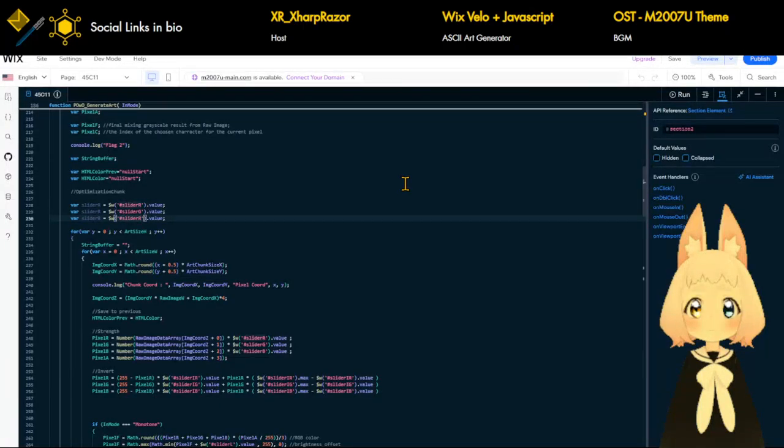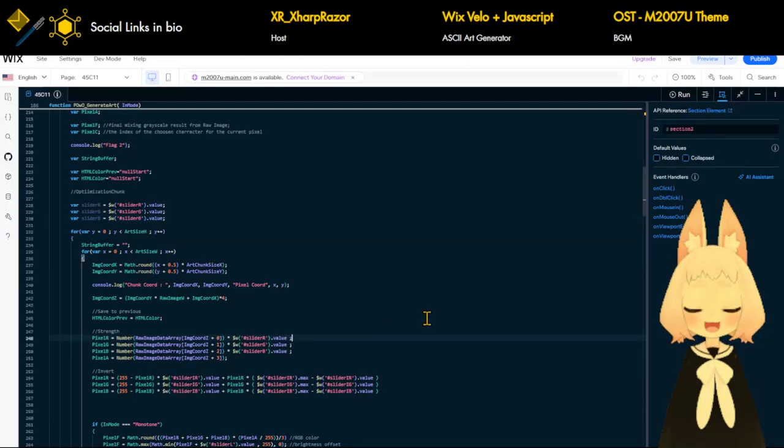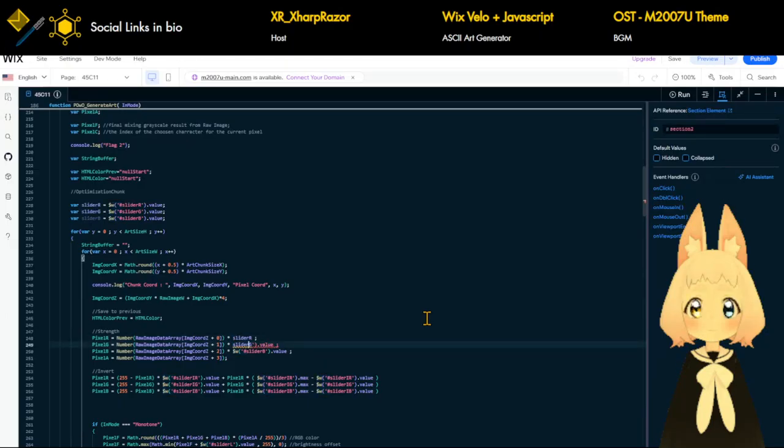Slider G, slider B. G, and then B. So, alright, so over here, go, and then bloop, bloop. There we go. So we have that, and then we can